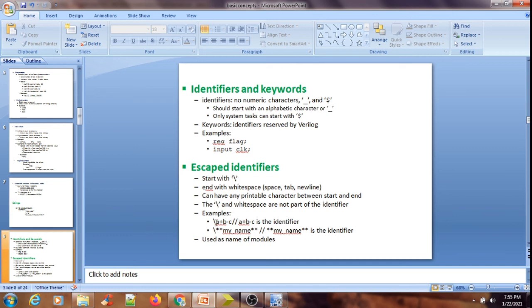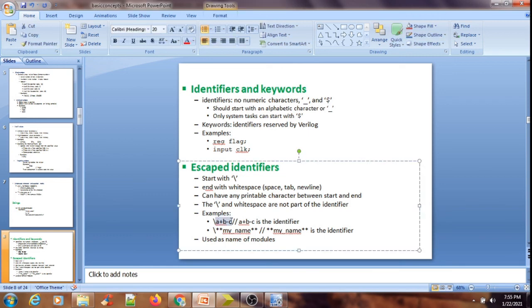So if I want to print A plus B minus C, or some name, for example RGUKT, it should be present within the escaped identifier, which starts with a backslash and ends with white space. Actually there should be a white space here. That's it.